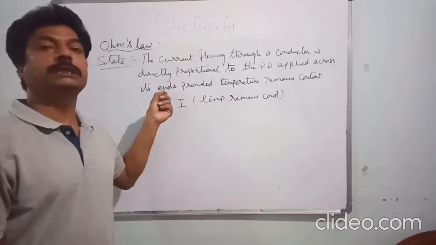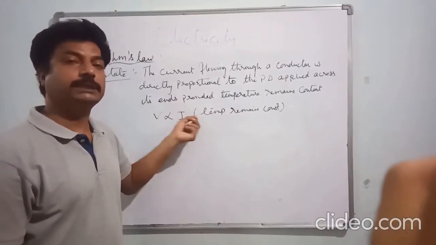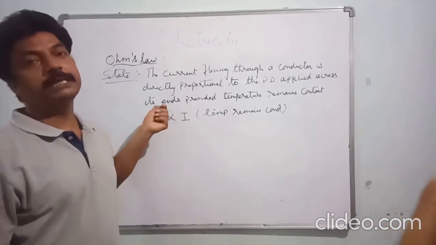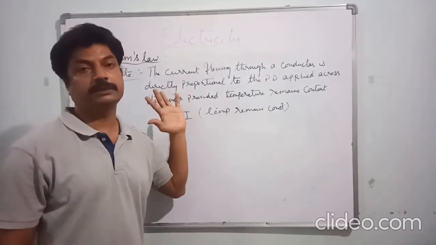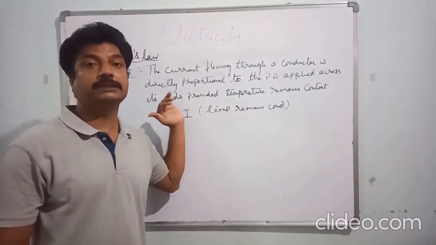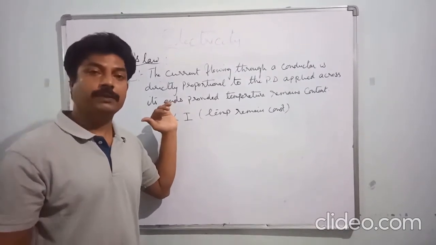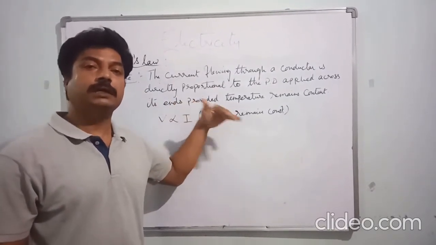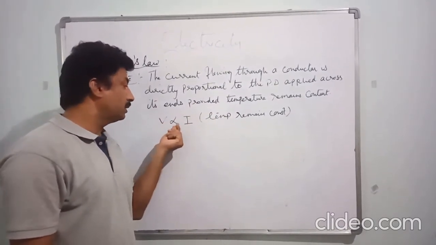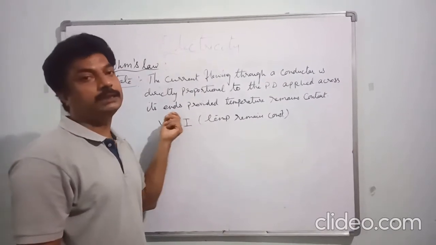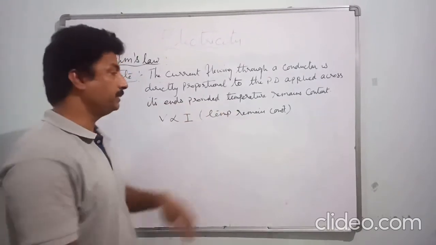Why? Because the temperature also varies when the current flows, and because of the temperature, the current varies. So there will be a difference in the V by I graph also. Keep it in mind, the temperature should be constant. Because in most gadgets there will be a heating effect. There is one topic on heating effect coming in later classes. But for voltage to be directly proportional to current, with the ratio equal, the temperature should be constant. Please keep it in mind.